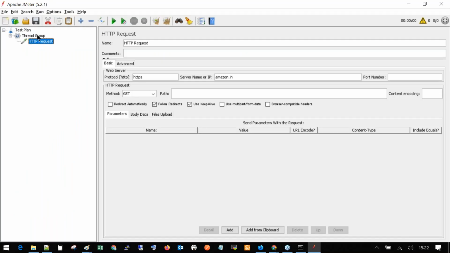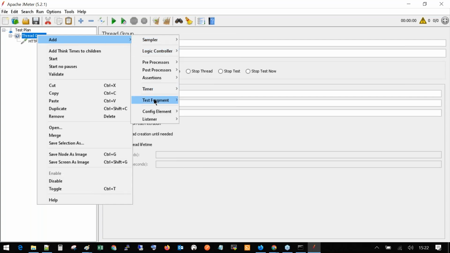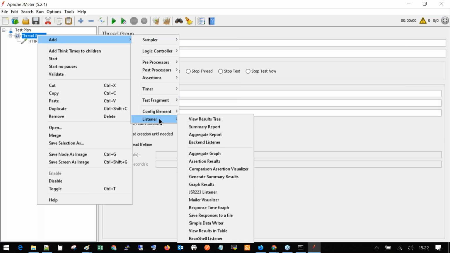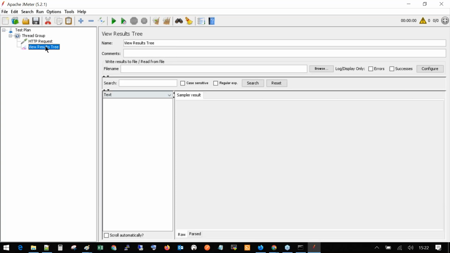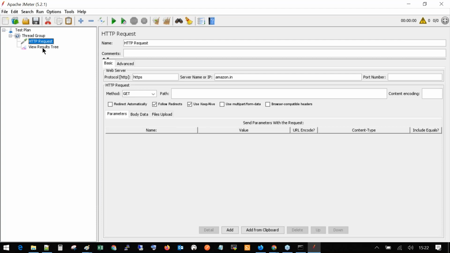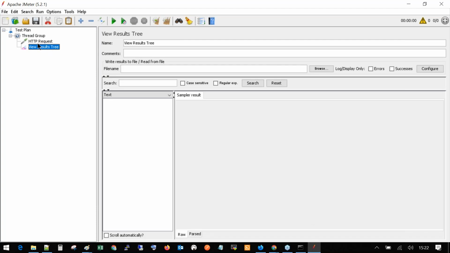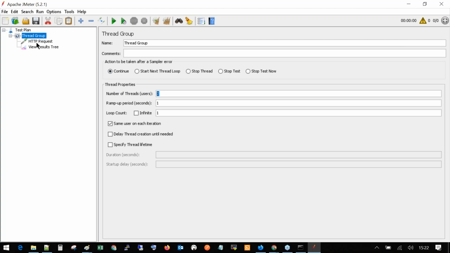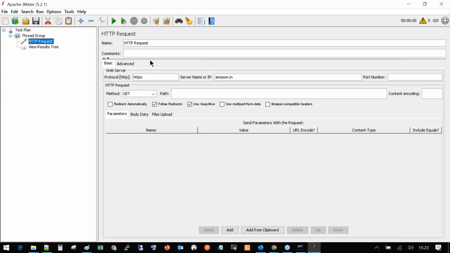Like we have the HTTP request, the element in which we get the result is a kind of listener. So we have different listeners that will show the result, right? That is, what exactly was the result of hitting that application with 2 threads or 10 threads, right? The purpose of these different listeners is specific, but for debugging or for demonstration, I'm going to use View Results Tree, which is an available listener. This will show me how these 2 users are going to hit this application. I can rename it. I can just copy this and give it a request name, which is Amazon.in,